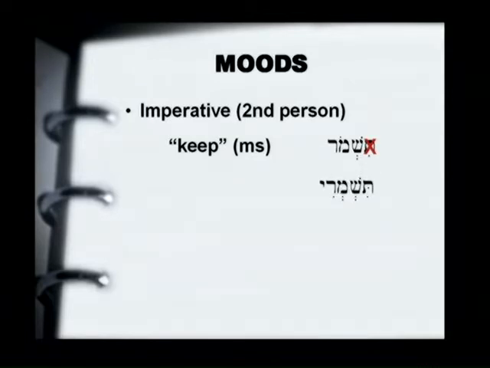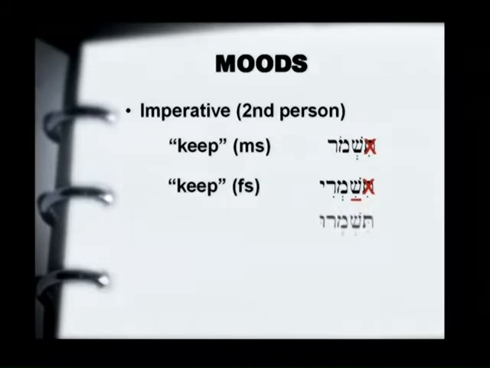Take the second feminine singular, tishmeri in the qal, take off the tau, and it creates a problem for us. What's the problem? Two schwas cannot stand together at the beginning of a word. So what do we normally do? The first schwa becomes a hireq. So that ends up with shimri. Shimri. All right? So that's how we form the feminine singular, keep.